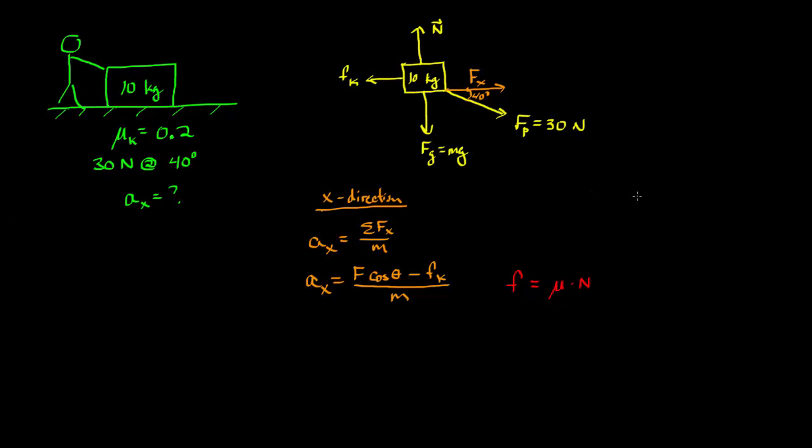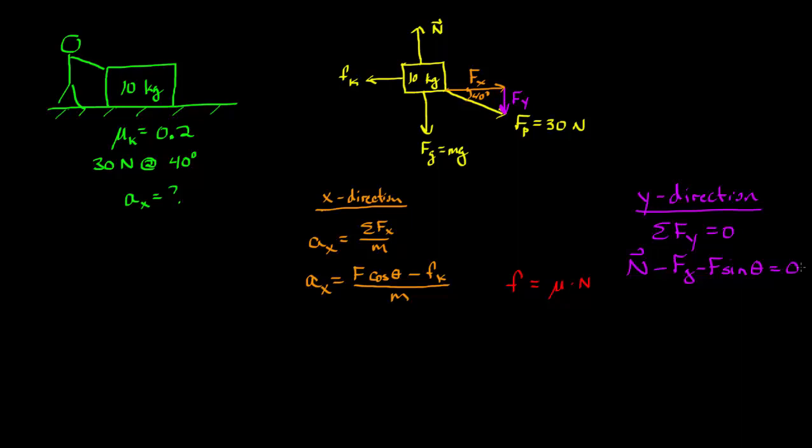So what I'm going to do is work now in the y direction, so I can figure out the normal force. Okay, in the y direction, it's not accelerating, so I know the net force in the y direction is equal to 0. Adding up all the forces in the y direction, I have the normal force. I have the negative of the force of gravity. But I also have this piece right here. So I also have some force in the y direction here. And since it's across from the angle, that's sine. So it's going to be force sine theta